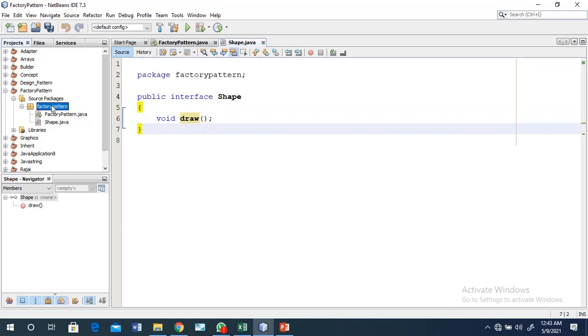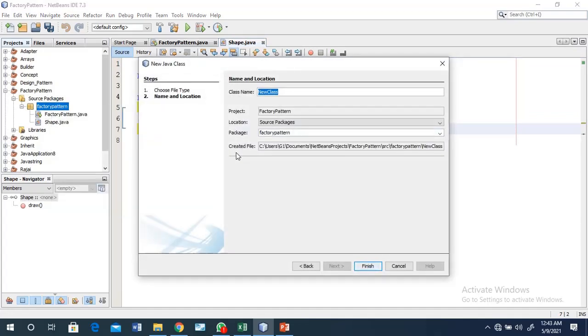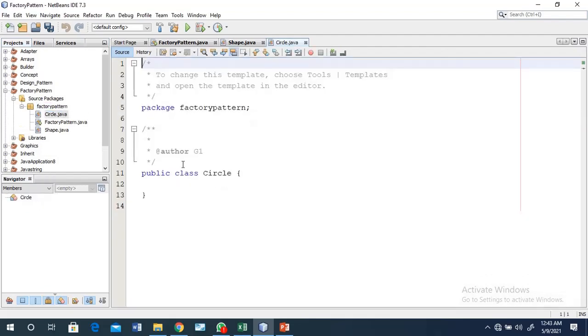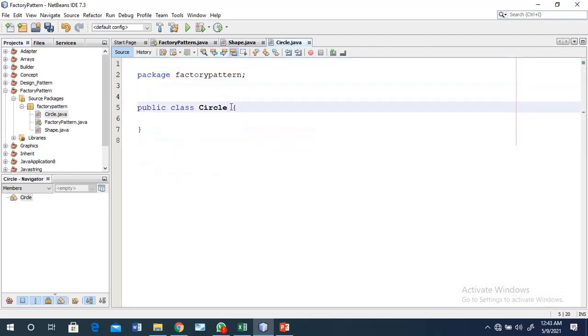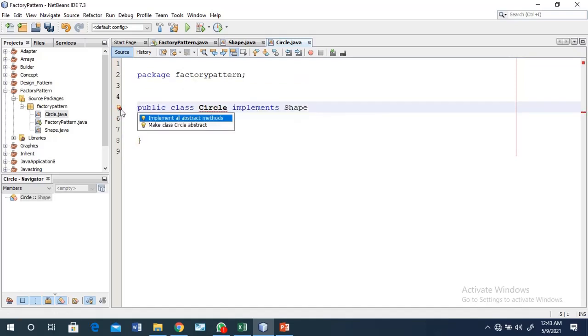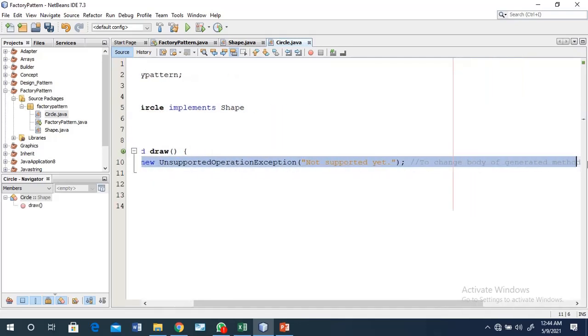Then right-click on the factory pattern and create a new class, Circle. Circle is one class that implements the Shape interface. Whatever methods are declared in the interface, it is mandatory to provide a definition for them.